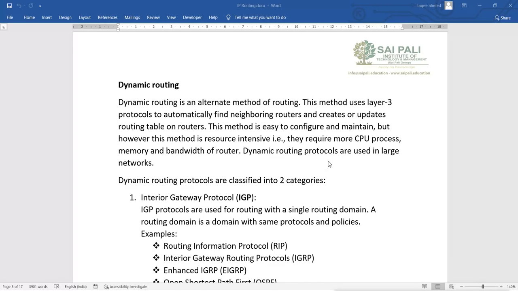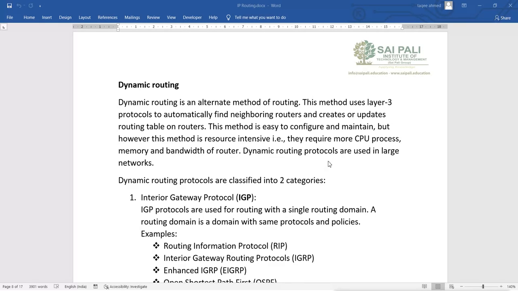As we have seen with static routing, configuring, managing and troubleshooting is very difficult if you have a large network. If you have a small network of 2, 3, 4 networks, then static routing is very good and very fast, which you can configure and manage easily. It also won't put any overhead on routers, because routers don't have to think about anything, since you're configuring everything manually.